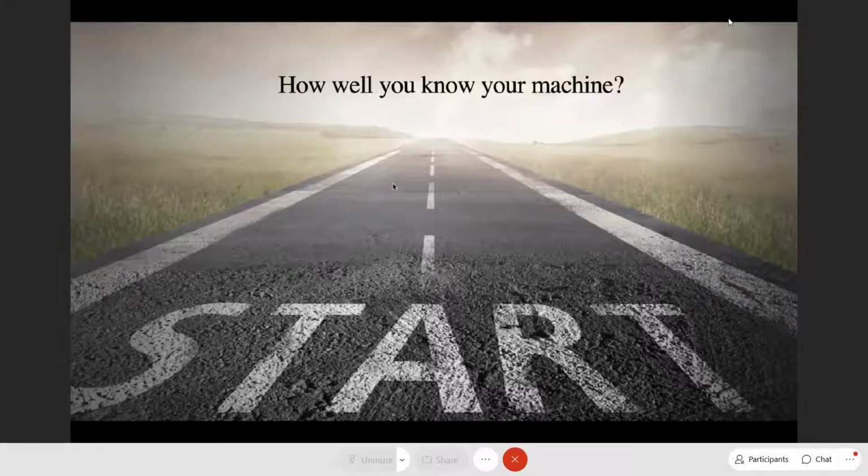It is something like how well we know our husband. If we know our spouse very well, obviously we are going to get the best out of a relationship, and it is the same with the machine. If you know what it is capable of, what this machine can deliver to us, it's very obvious that we are going to get the best out of the machine that we have.